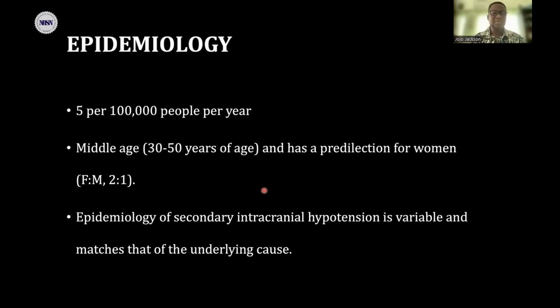The incidence is about 5 per 100,000 people per year. However, you should know that this figure is underestimated because most of us fail to pick up this condition in our reporting. And so there are a lot of people who keep skipping from one doctor to the other, and their diagnosis is being missed, and so do not add up to the number. People in the 4th to 6th decade are mostly affected, with a predilection for women in the ratio of 2:1. If you have a secondary cause, then that will affect the epidemiology of the